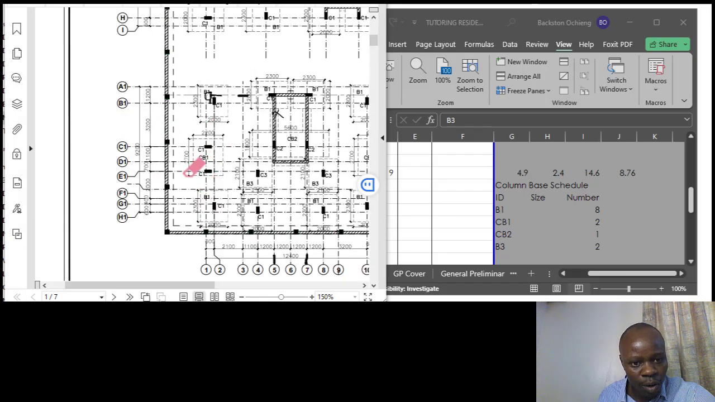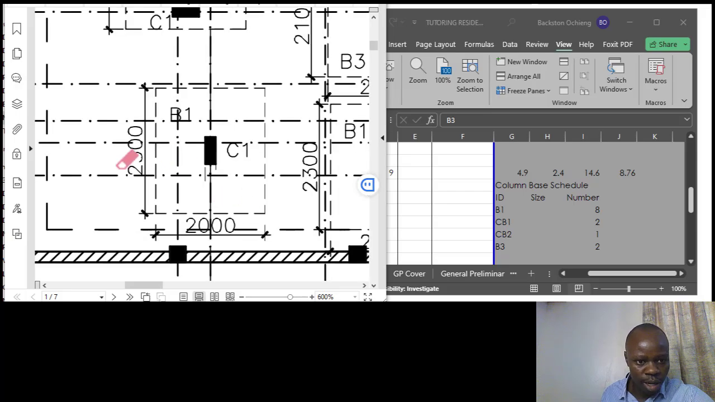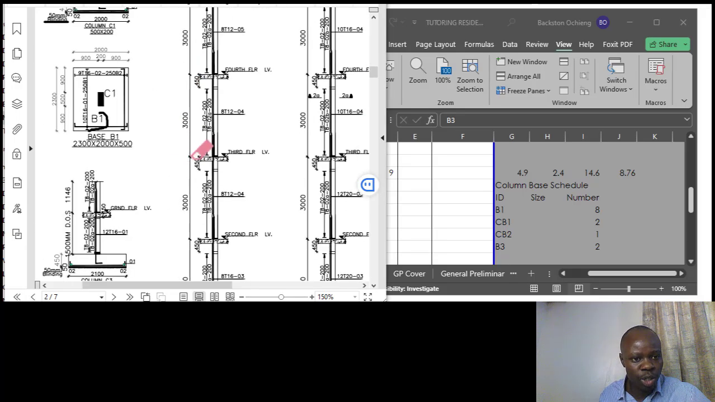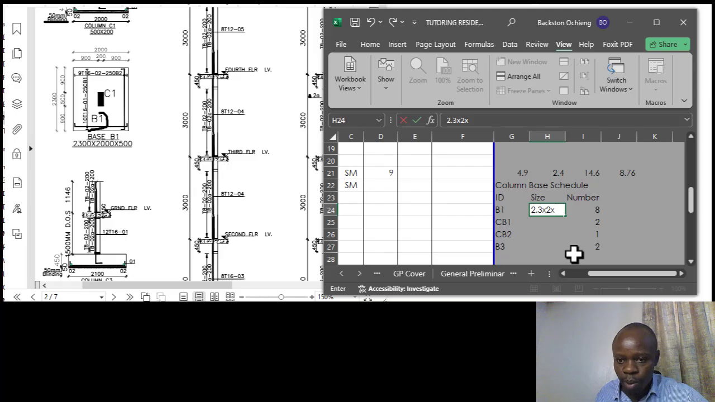Go back to the plan and confirm. Okay, just let me zoom it in. This is B1, 2300 by 2000. So that size is similar to what has been shown on the details, and therefore we can now take the size. So the size here is 2.3 by 2, then just use this 2.3 by 2. The size in terms of concrete is going to be,